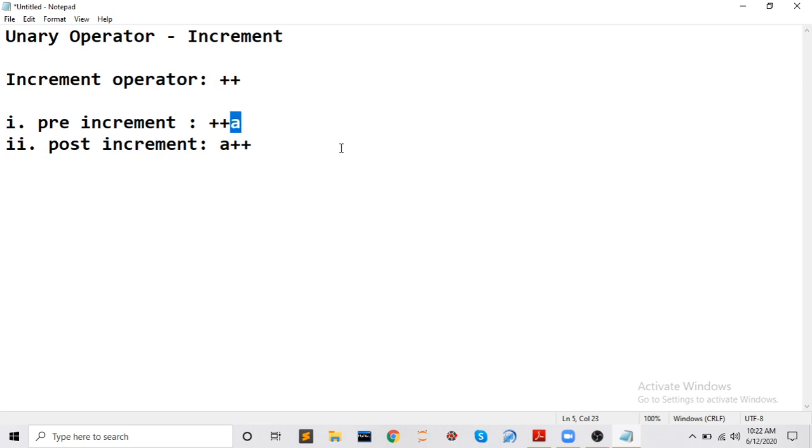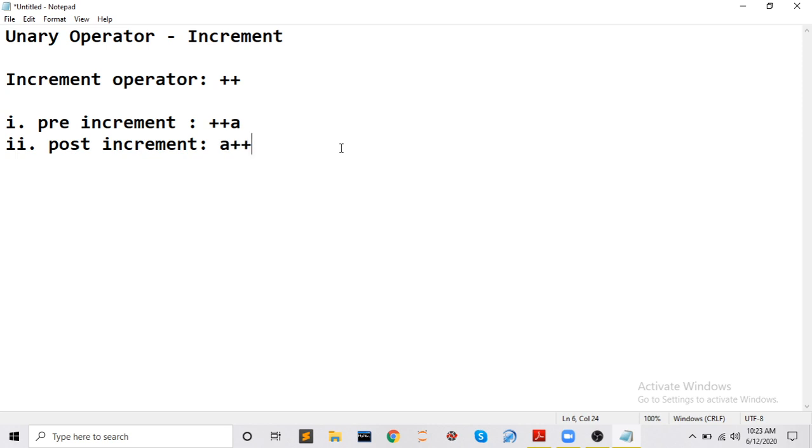So this is our operand and this is our operator. In pre-increment the operator will be before the operand. Similarly, in post-increment the operator will be after the operand. Pre means before, post means after, and increment means plus. So this is very logical, just break it down turn by turn and you can easily understand.